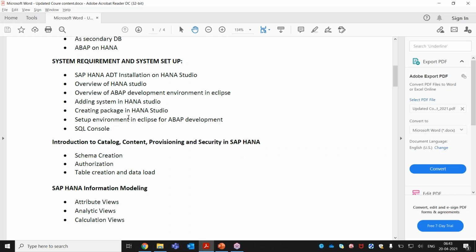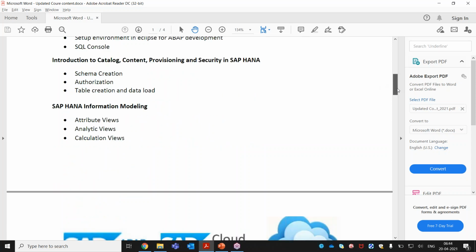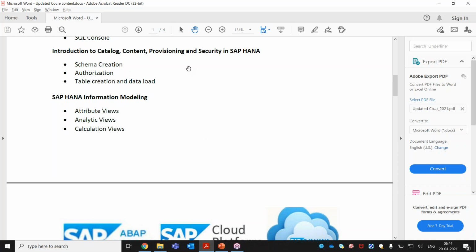I think most of you know that Eclipse is an open source platform where SAP has installed their plugins and pre-packaged it as a tool called HANA Studio. So we'll see that in detail in our hands-on. Basically in this section, in session 3, we'll be configuring all our systems and making ourselves familiar with the tool. Once we are familiar with the tool, we are going to start with the first part of the course, that is nothing but the